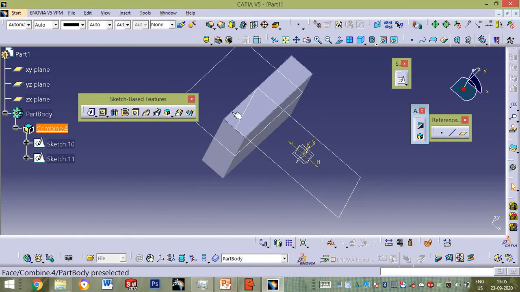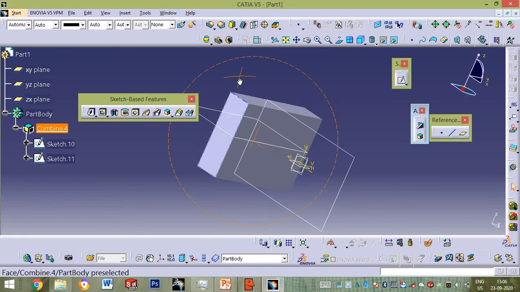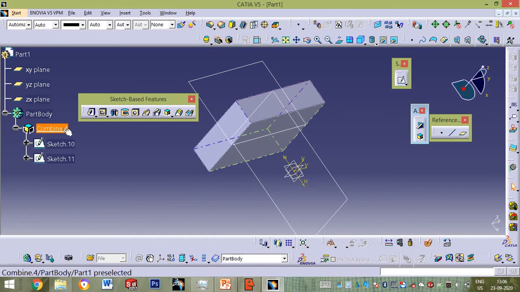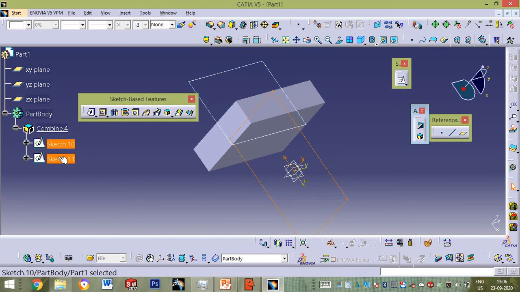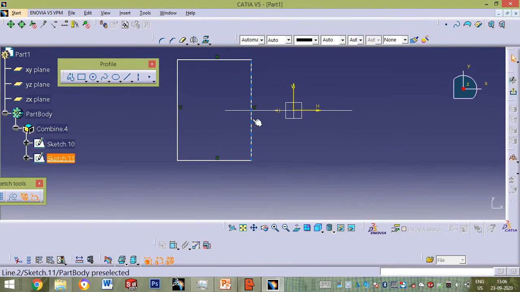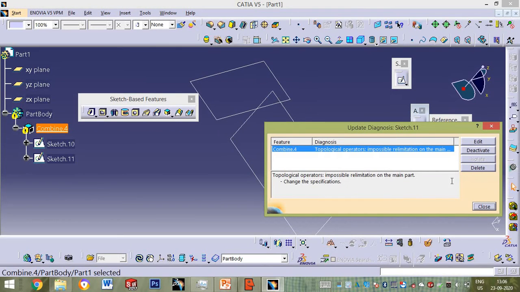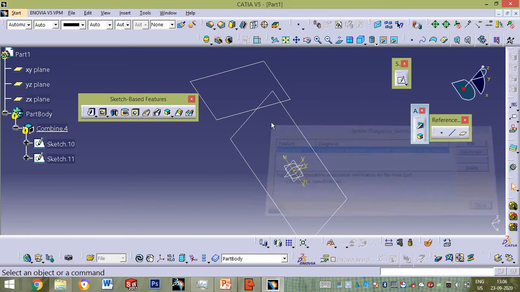Now I will show the sketch. You can see in the third angle projection that the third extrusion is the intersection of both the sketches, whereas the other two are the length and width according to the sketches. Now if I change the sketch without the intersection, there will be an error.